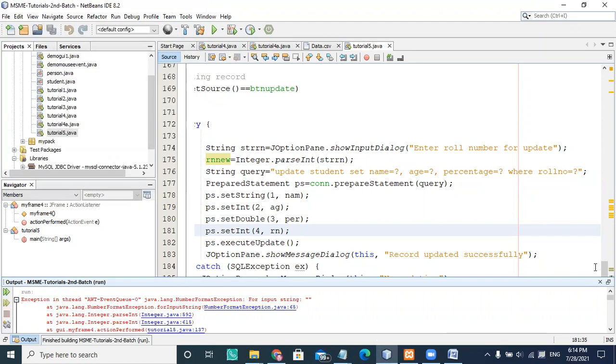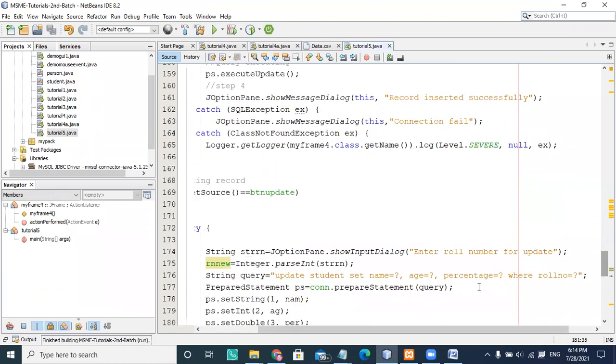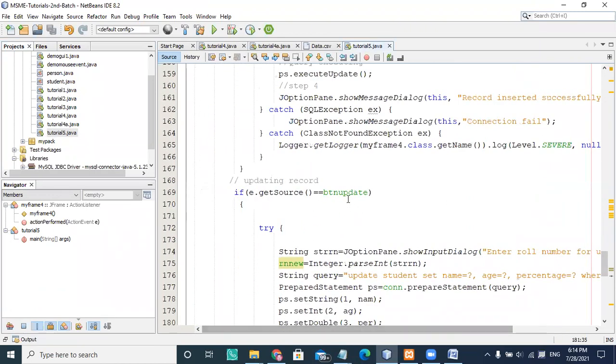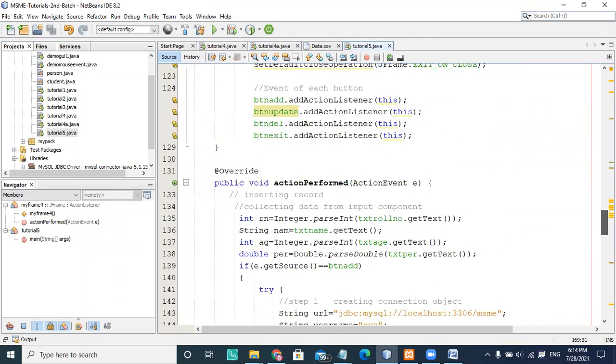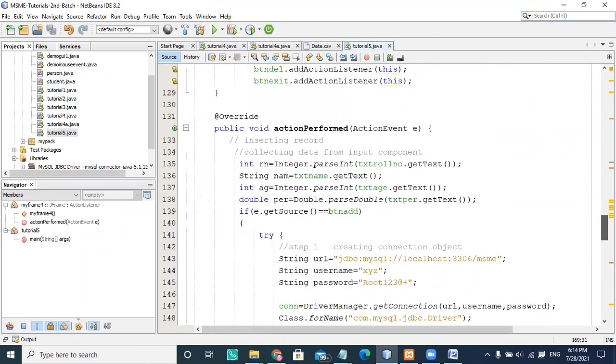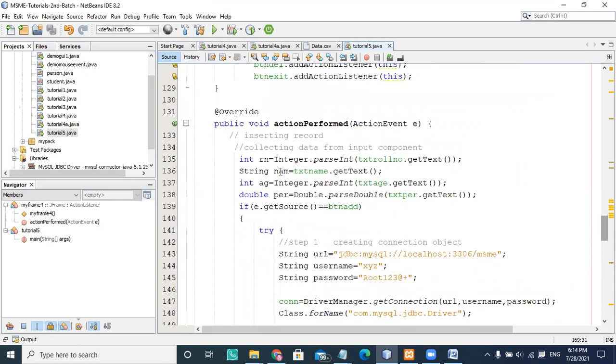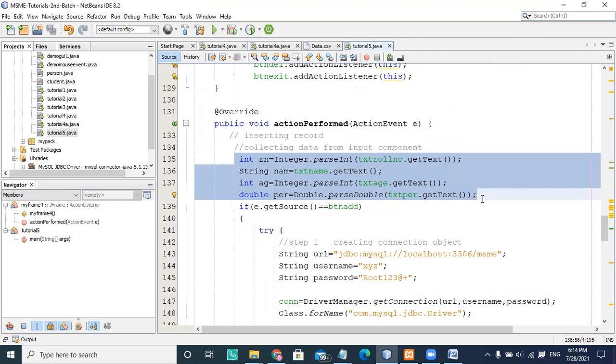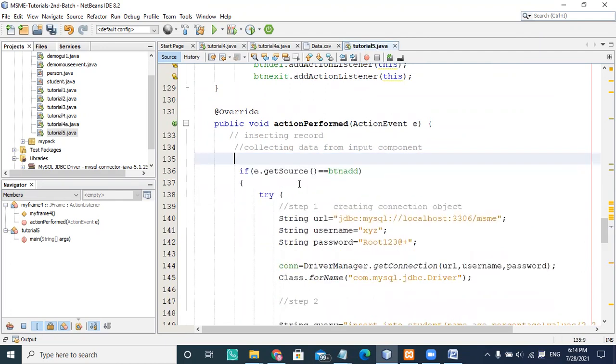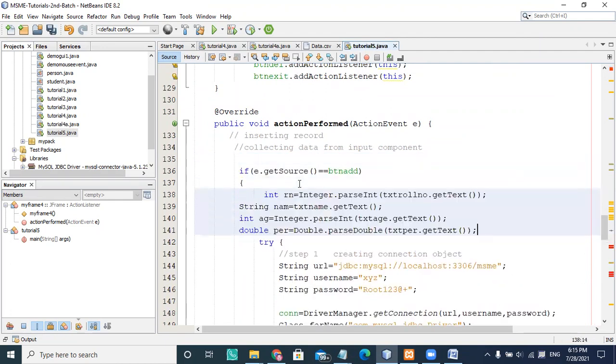See here what we are expecting, whatever data we are clicking on. Once I click here on button update, directly actionPerformed is called, but it is taking the value from here. So I will initialize it separately.